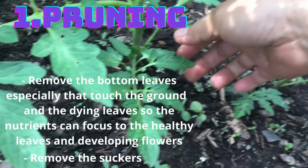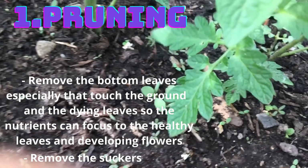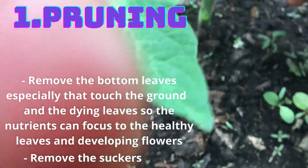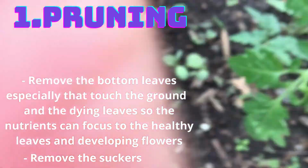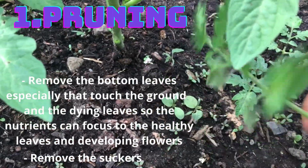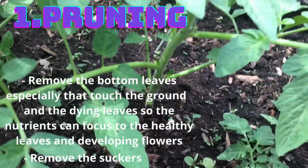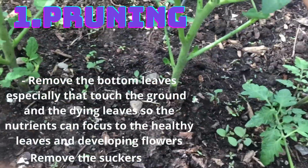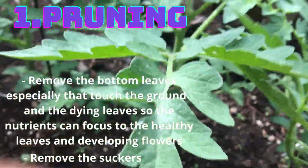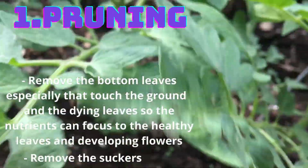So just like this one, guys, the very bottom, you can use your hand to just remove the bottom leaves. And then you have to do that one to the rest of the tomato plants. And make sure as well that you remove the suckers. So suckers are baby plants that grow in between the leaves,